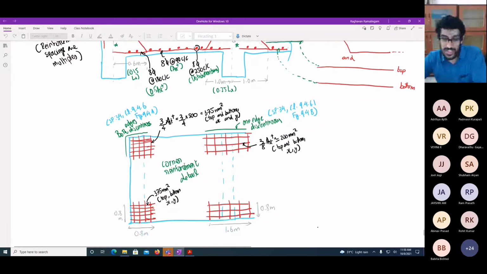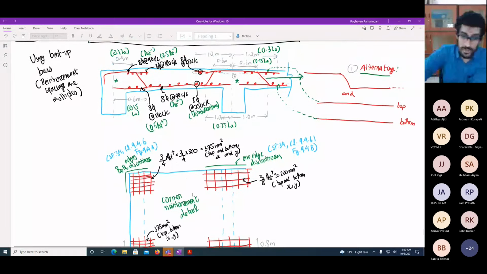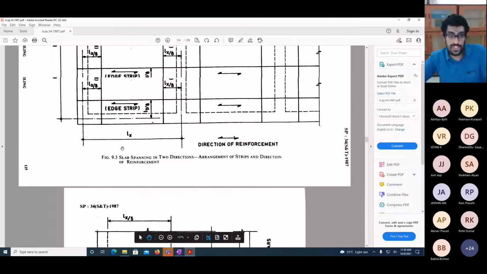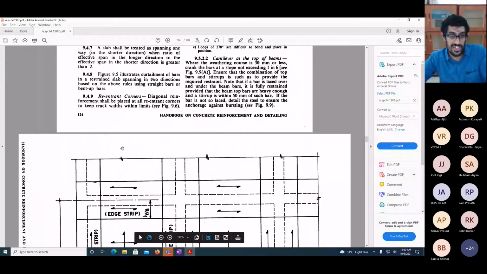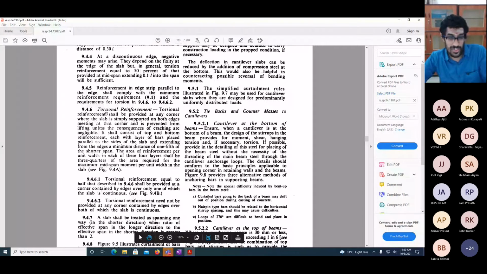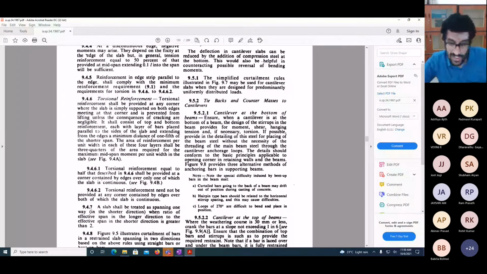And one more final thing to do for a slab is known as corner reinforcement. This provision is given in 9.4.6. Okay, it's known as corner reinforcement or torsional reinforcement. Whenever you have a slab which is supported on either 4 sides or 2 sides, whatever it is, whenever you have a discontinuous edge, meaning an edge beyond which there is no more slab. Okay, so for example,